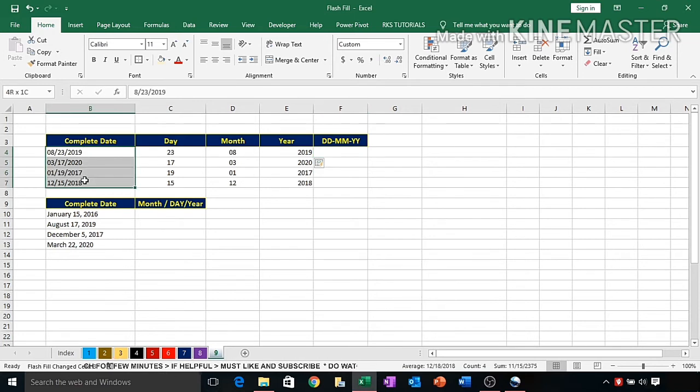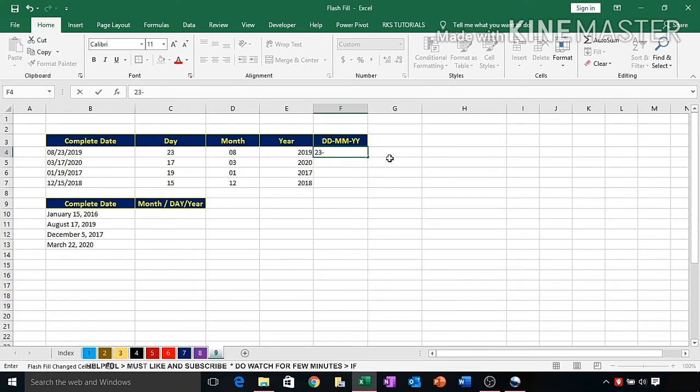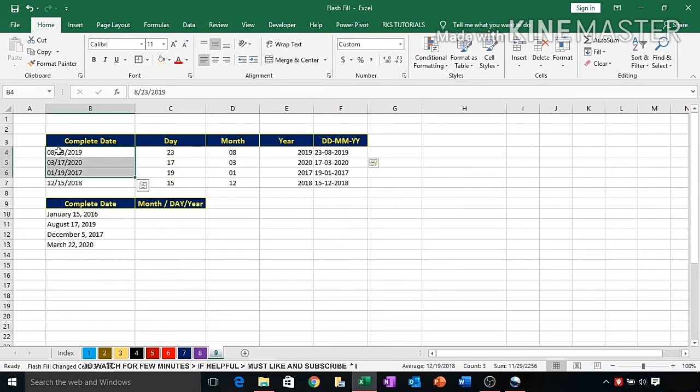Suppose we want to convert this date into this format. So we write 23 and 08. Here is no problem because if you write 0 it will remain there. 2019. Select all the cells and press Ctrl E. If in case your month is without 0, then if you want to apply this format, it definitely creates a problem, because three months are single digit, and the last one is 2 digits, and it makes your data more critical.